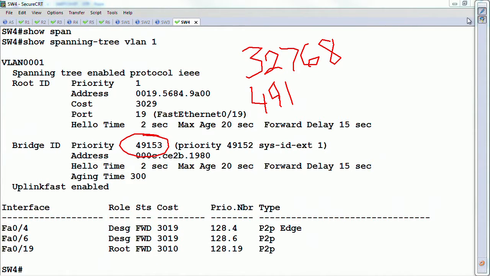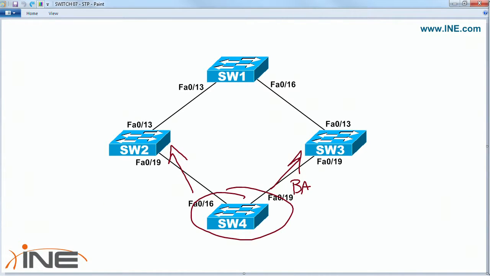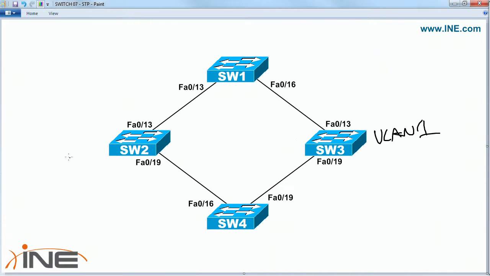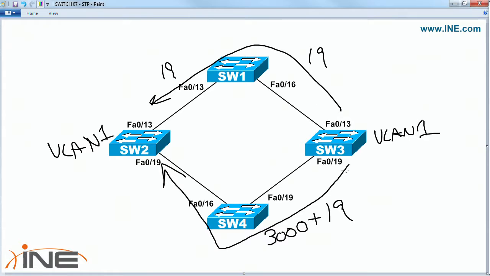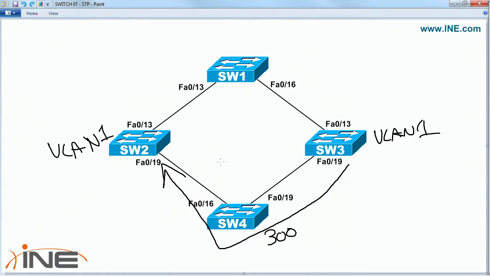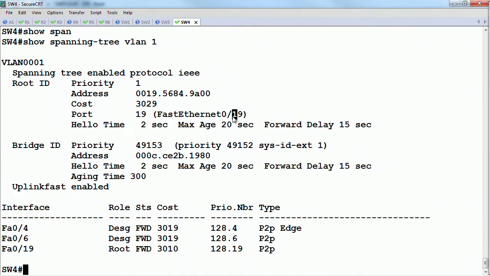So it's also preventing other switches in the network from using it as transit, where if I were to have VLAN 1 here and VLAN 1 here, when switch 3 does its path selection, it's less likely to go this way because it has 3,000 plus whatever the default costs are, like 3,019, versus 19 and 19 here. I would just exclude this because this is a higher cost path. So it's trying to get no one else to use it as transit, no one else to use it as the root bridge. But now the key is that the switch is going to know